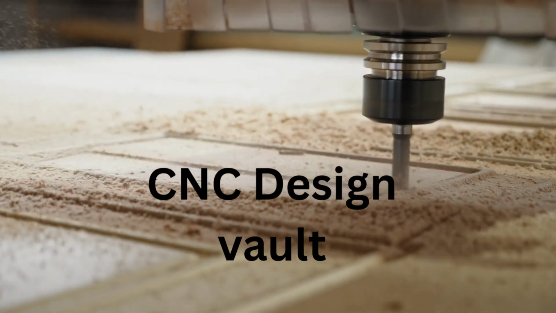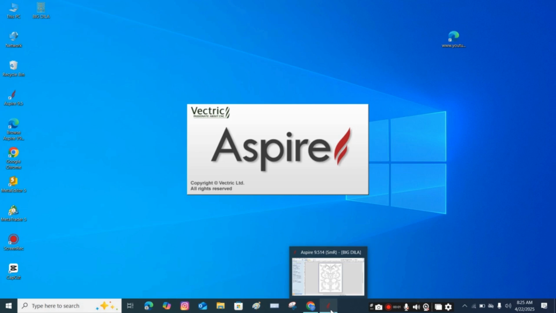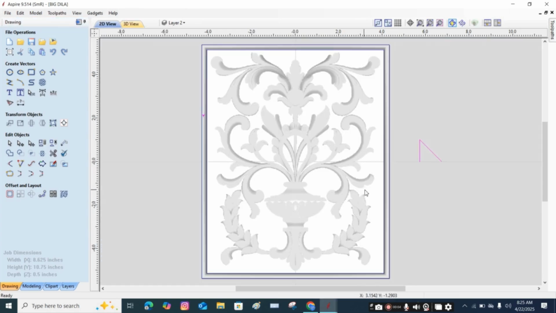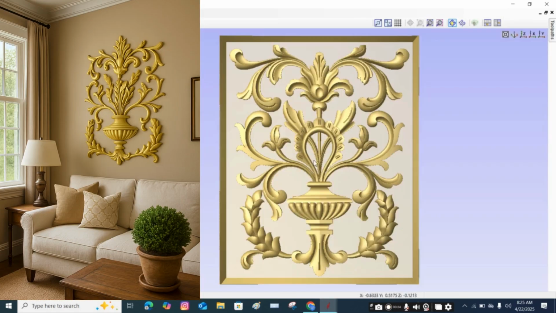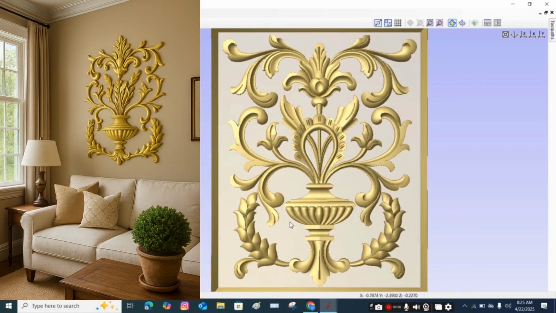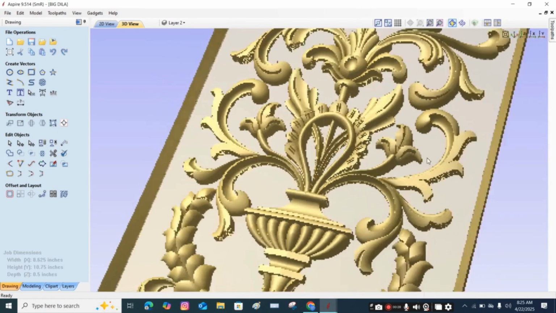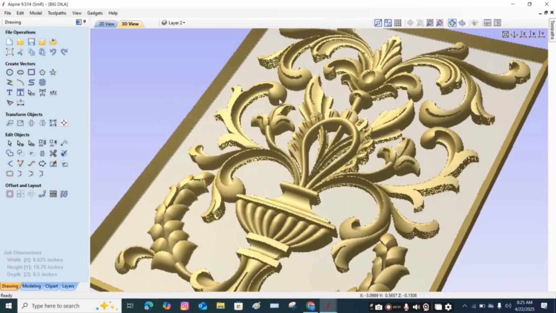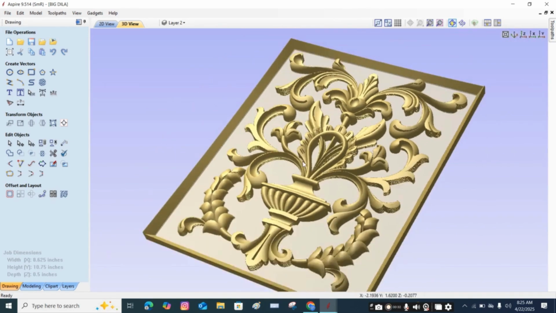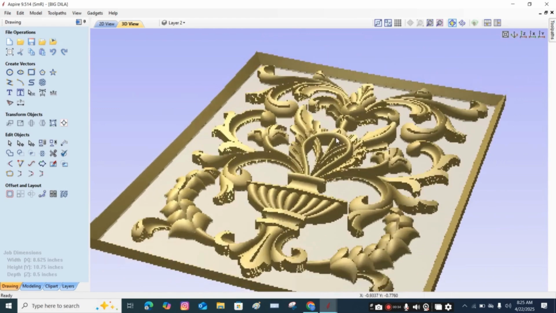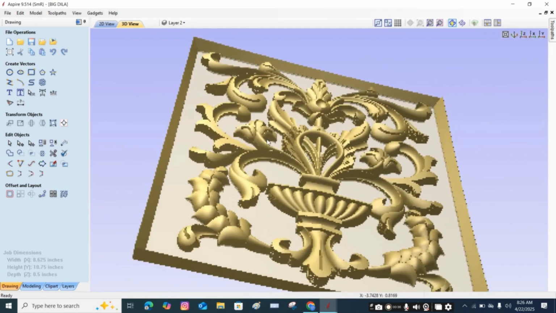In today's video, we're excited to present a beautifully crafted 3D CNC model, a stunning floral ornamental design perfect for woodworking projects like home decor, door panels, office decoration, and interior wall art. This intricate model was created using Aspire 9.5 software, ensuring smooth toolpaths and high-quality results for CNC routers and wood